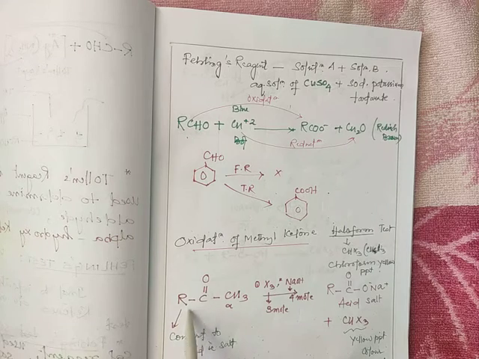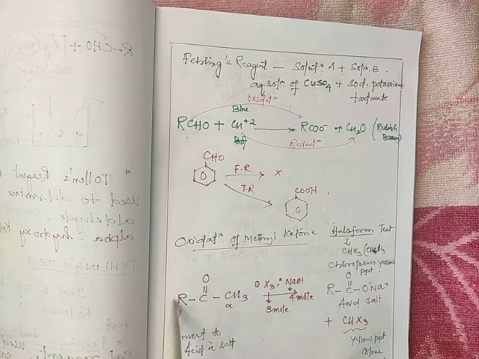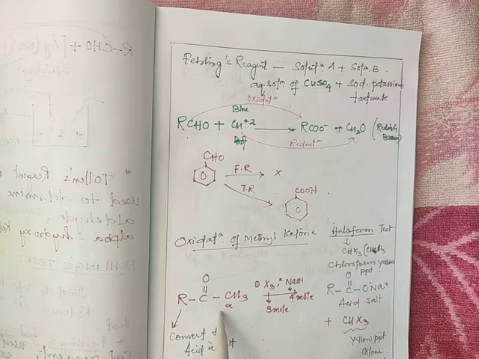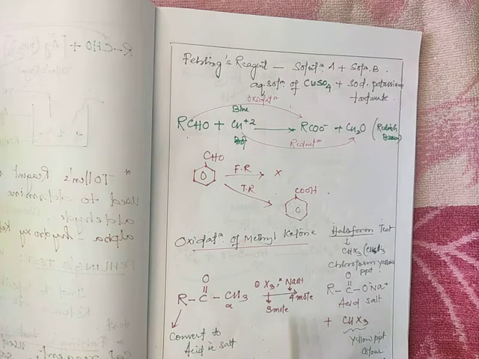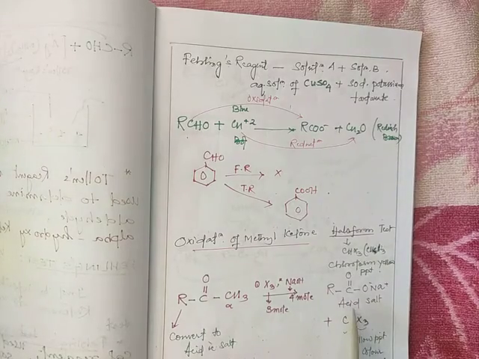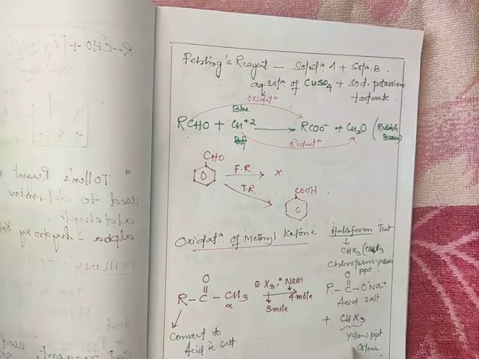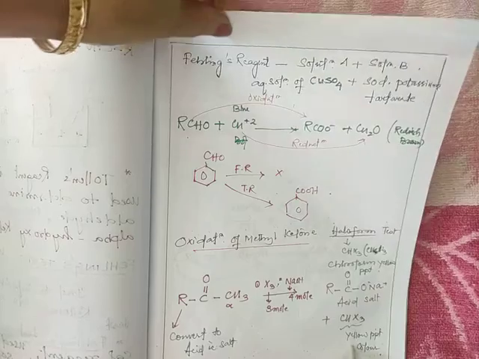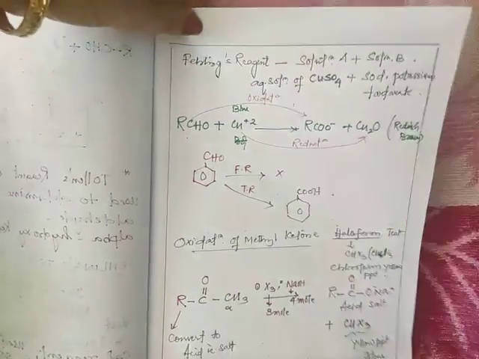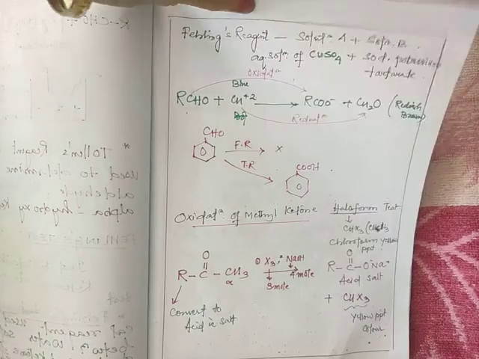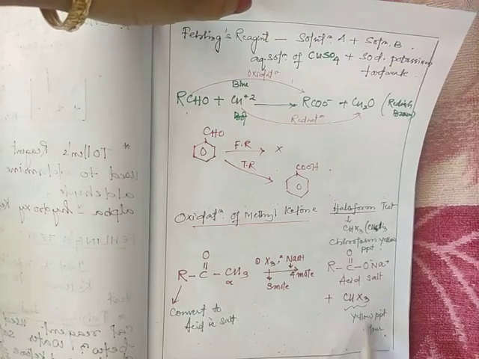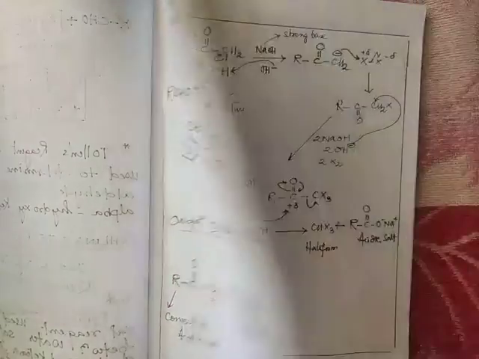Now here this is a ketone, and in this ketone the product presents what? Alpha carbon and alpha hydrogen, in the presence of halogen in a basic medium. Then after that we will get the acid salt along with chloroform, that is the yellow precipitate color. That means the side product will give the color as a yellow precipitate.